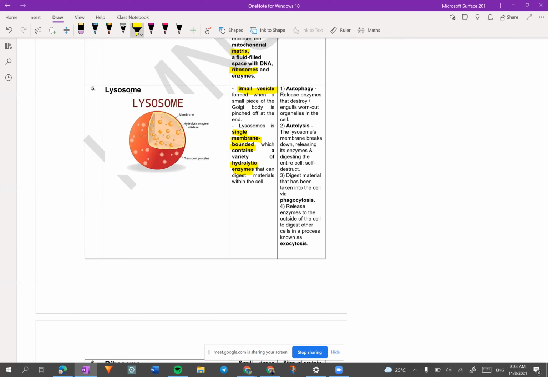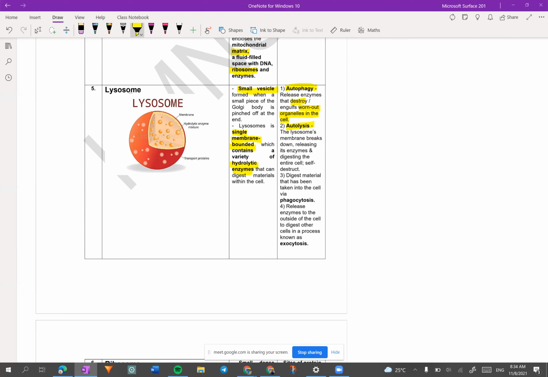Okay. So hydrolytic enzyme adalah enzyme yang can breaks. Contohnya macam lysosome ni lah. So lysosome ni tujuan dia adalah untuk breaking things. Okay, so we have autophagy, autolysis. Autophagy adalah dia akan destroy worn out organelle in the cell. So auto tu maksudnya sendiri, phagy tu macam makan. So dia akan makan diri dia sendiri. Let's say any part of it, which is the organelle,